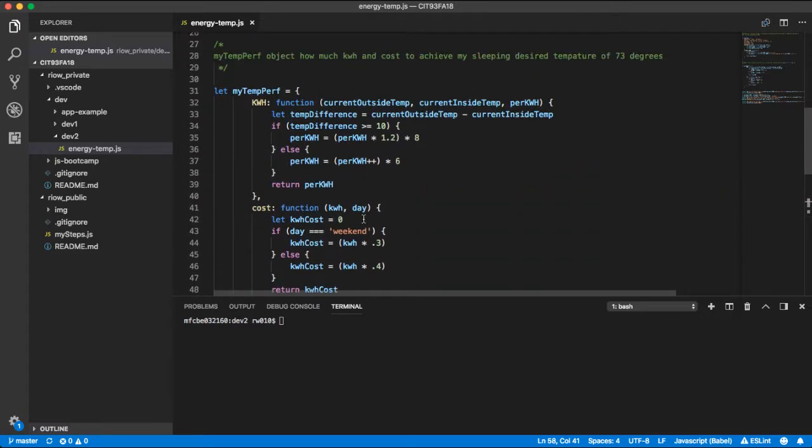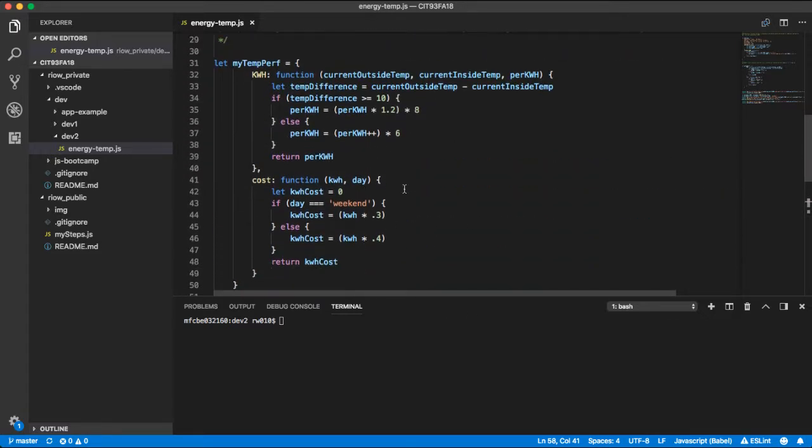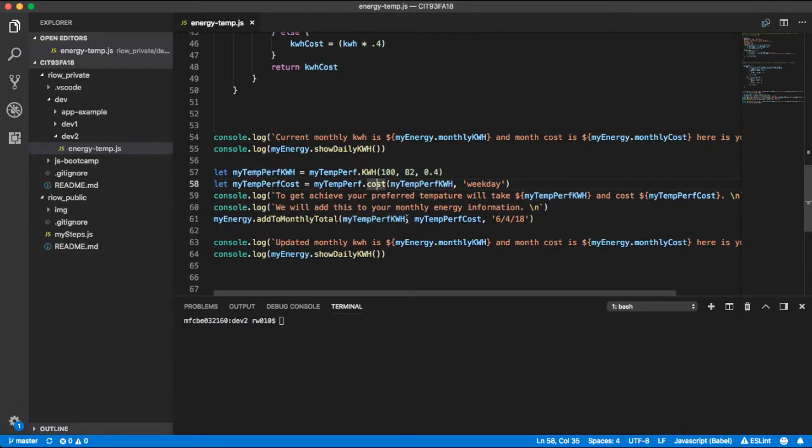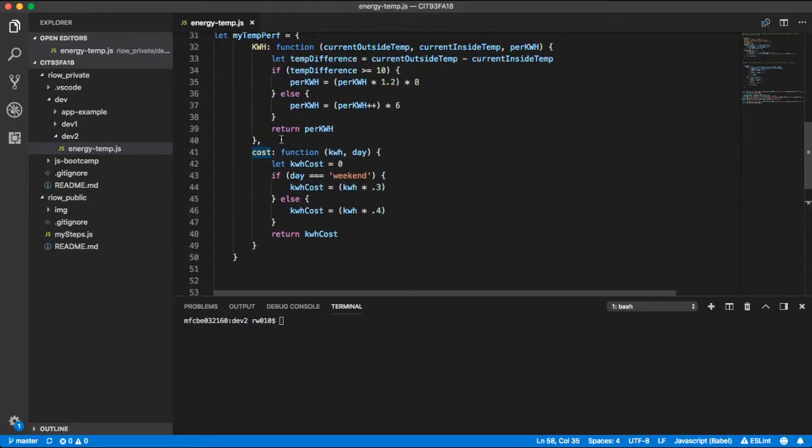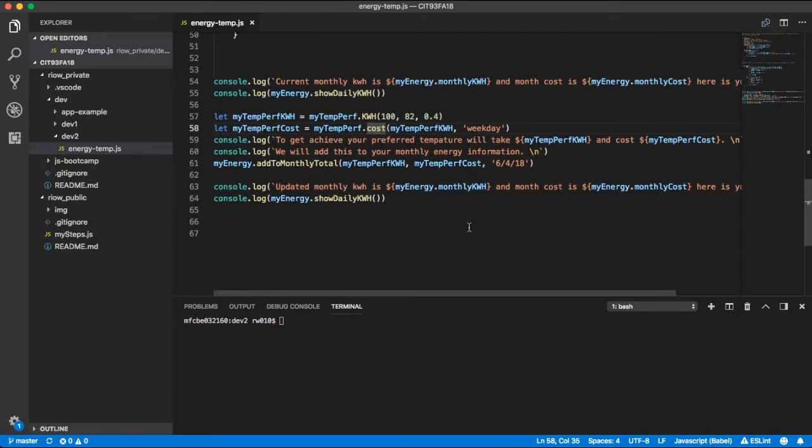preference, which is here, right? So that method called cost, right? So that, and then I passed in there to then get an actual cost, right? And then I output some information to show, okay, now that you have achieved this temperature, this will be your cost. And then what I did is I took that resulting data and then I ran a method on